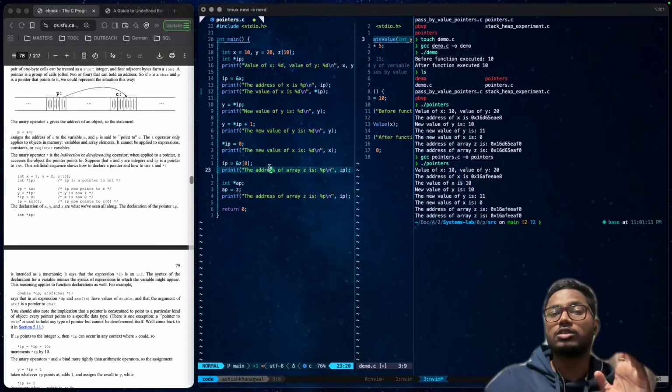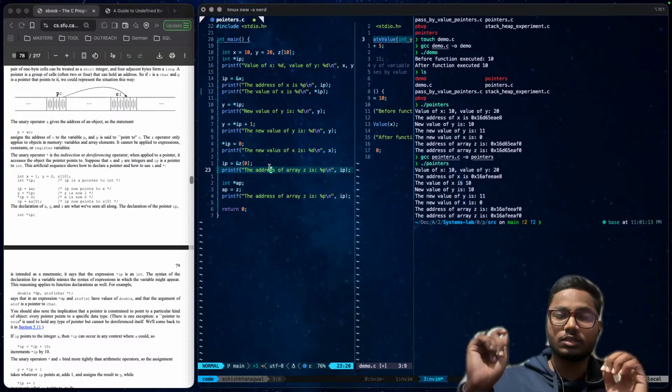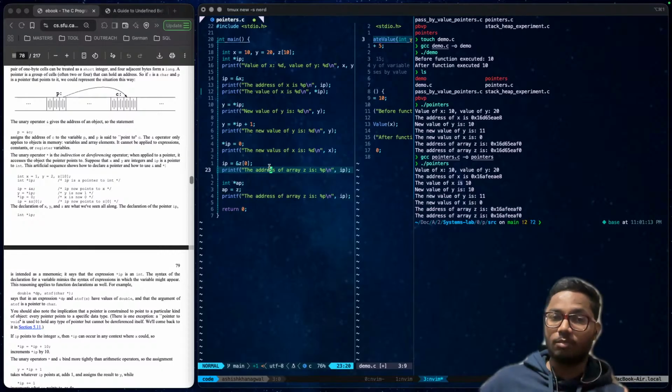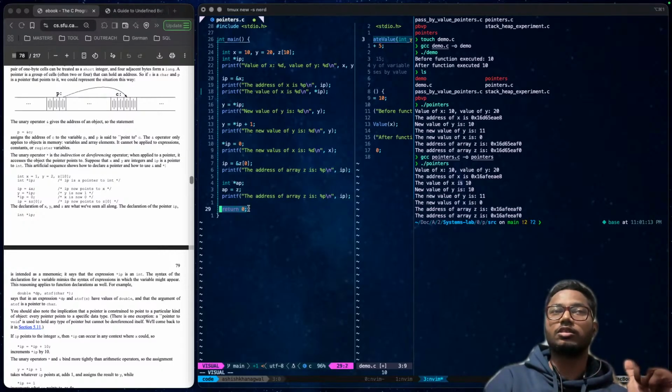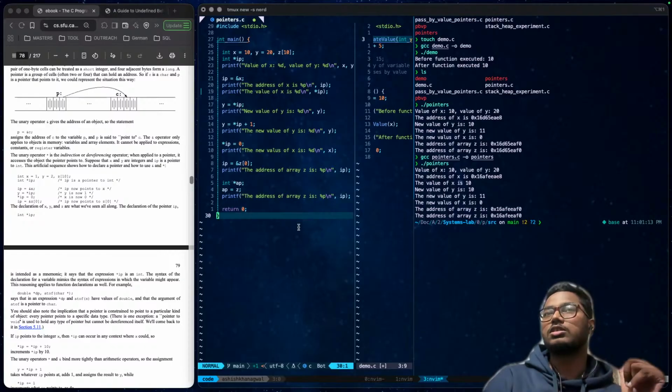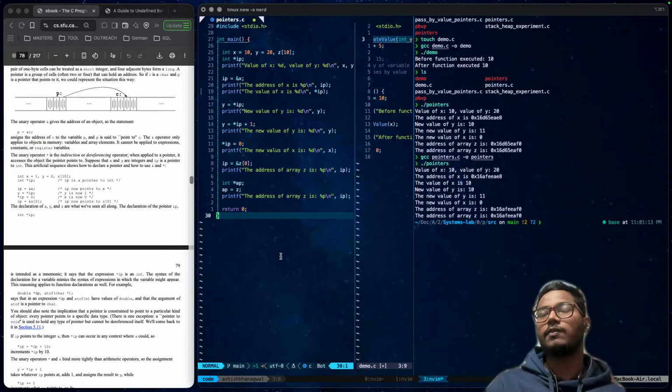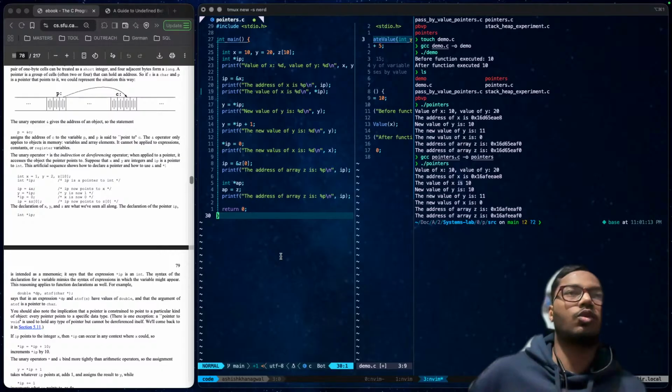All these functions stay on the top of stack memory, and when this function returns, see this return 0, all of the data is gone.